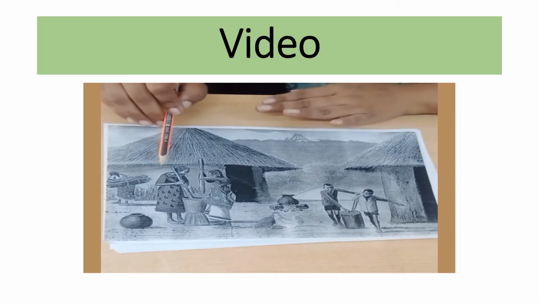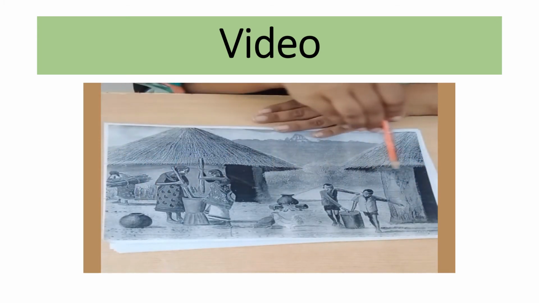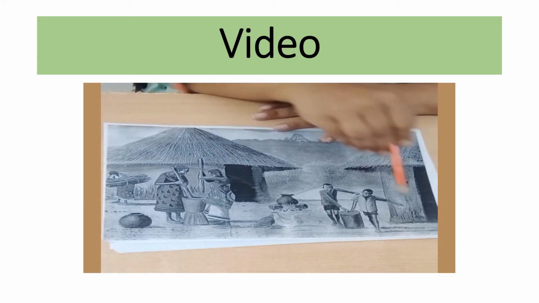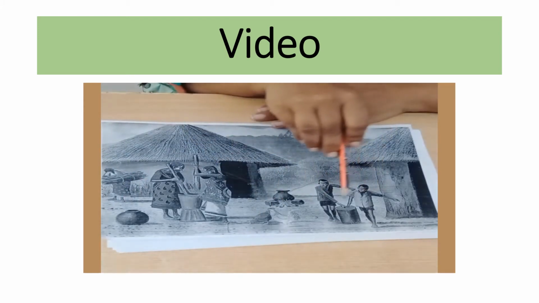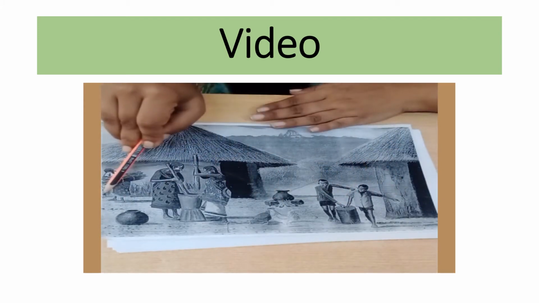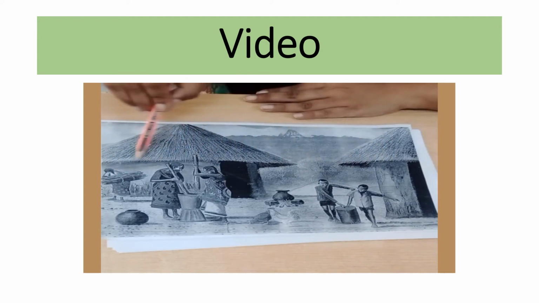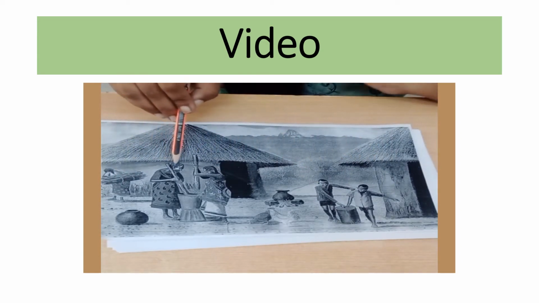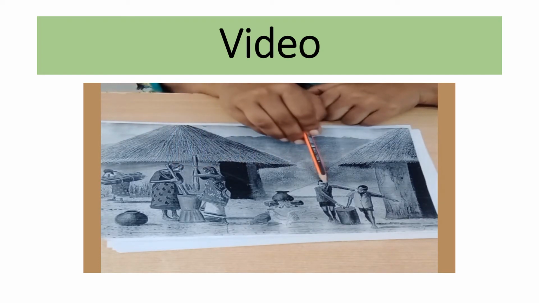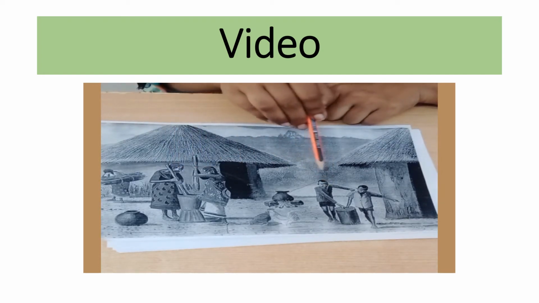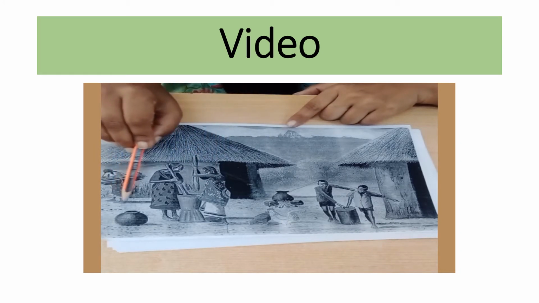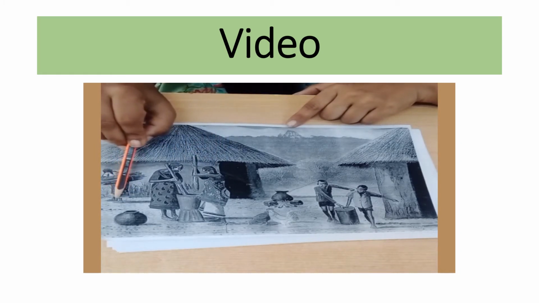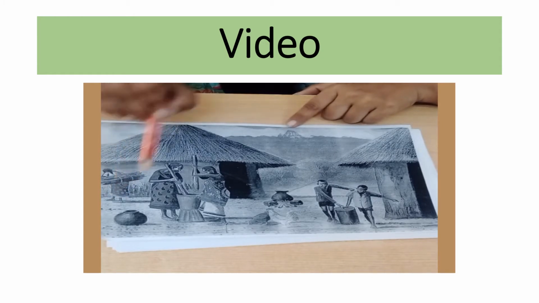We have to see 3 grounds: foreground, middle ground and background. This is our one line where you can see a pot, hands, and one more pot in the foreground, and this part is the middle ground. In the middle ground you can see two ladies and two boys standing between the middle ground and the foreground. These two ladies are also standing between the middle ground and the foreground. And this lady is entirely in the middle ground, with just her small legs coming from the foreground.